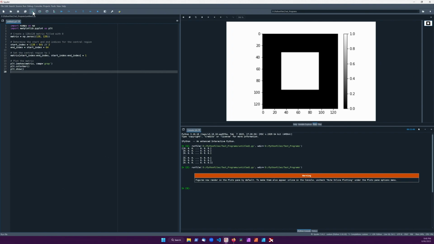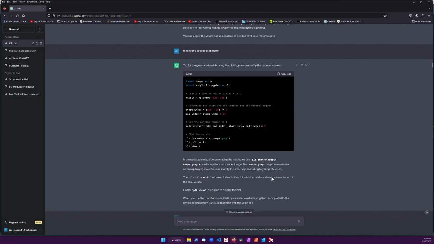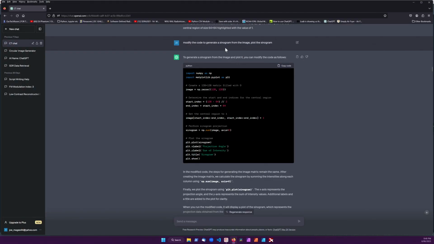Now we'll run it, and lo and behold, there is the image that it generated for me. That's with no input from me other than asking it to do something for me. I haven't put any sort of coding in there of my own volition. So I progressed a bit further and asked it to modify the code to generate a sinogram from the image and